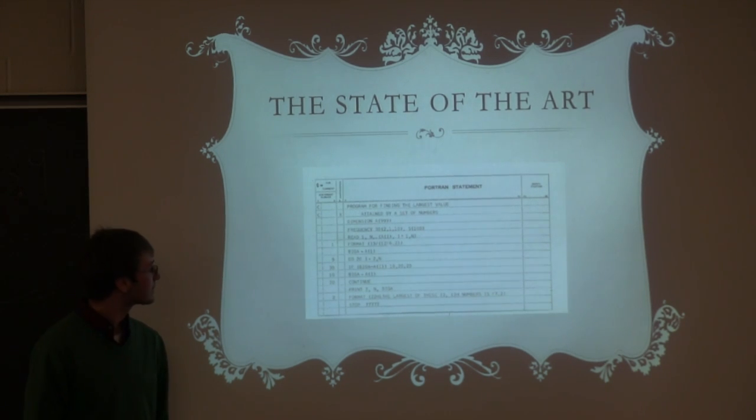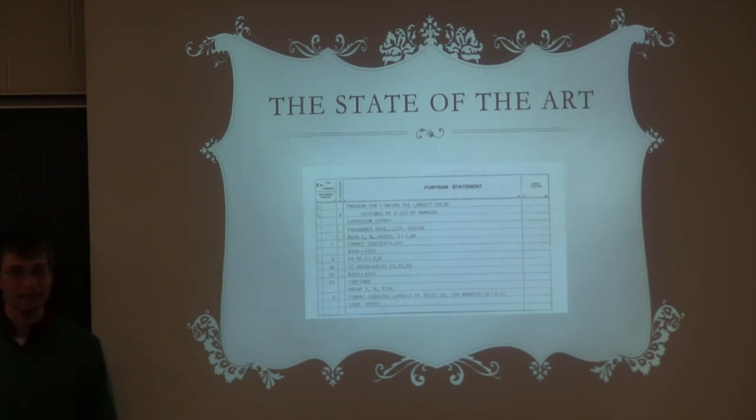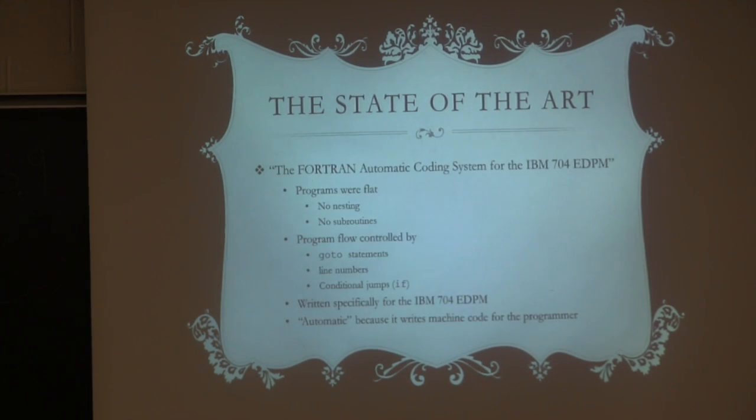It had some characteristics like not being able to do much of anything other than number crunching. And you really programmed the way Fortran told you to program, which was one thing at a time, nothing complex, basic steps. And it was the Fortran automatic coding system, not the Fortran programming language, because it was designed for just one computer and one computer only.